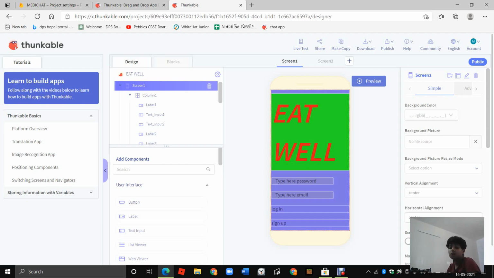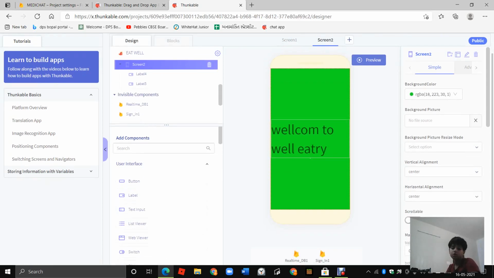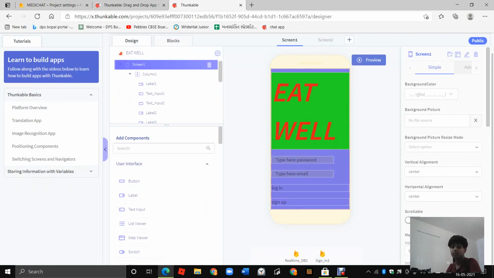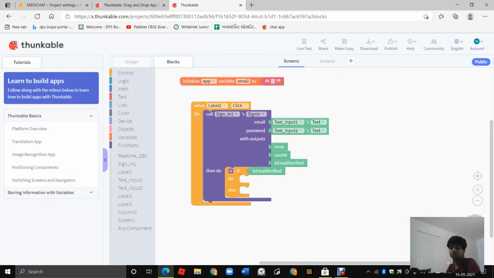Now if you have not created an account, you have to sign up. After that it will be sharing a link, like in your Gmail there will be a link. Then you have to log in after that, and then it will be showing the screen too. It's really easy. So like this it will be happening.